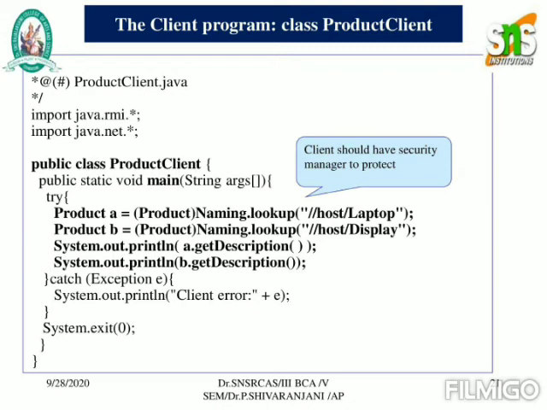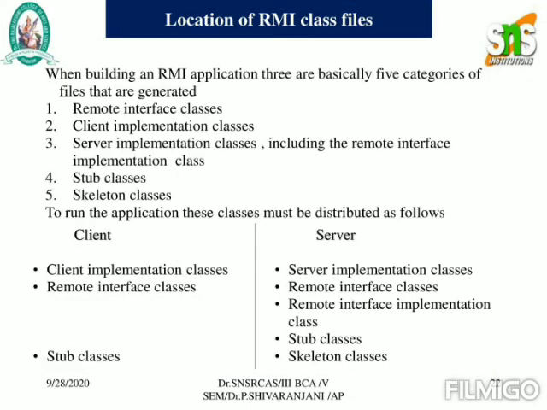So here I have used a keyword called naming lookup, that is a laptop, and I have to display the corresponding display to the user. So those two things have to be output to the user, and if any error has occurred in the connection establishment between the client and the server, then it has to be thrown out. After that, if there is no connection established between the client and the server, then it has to come out of the particular program.